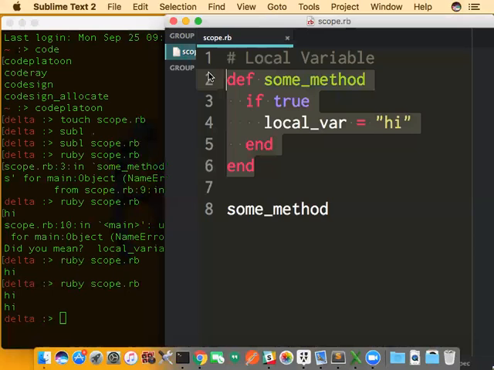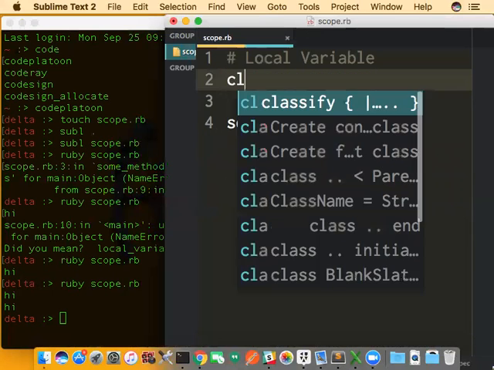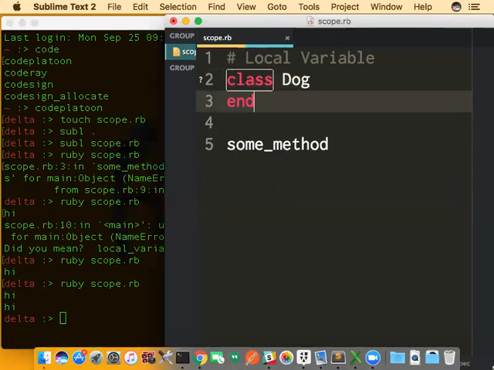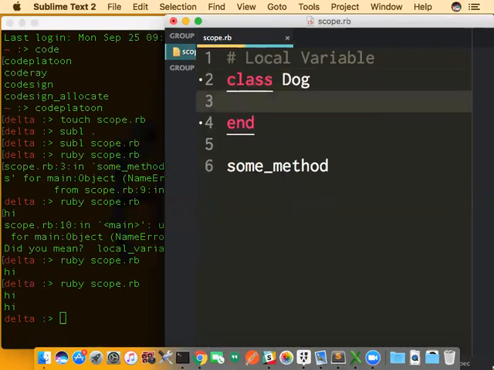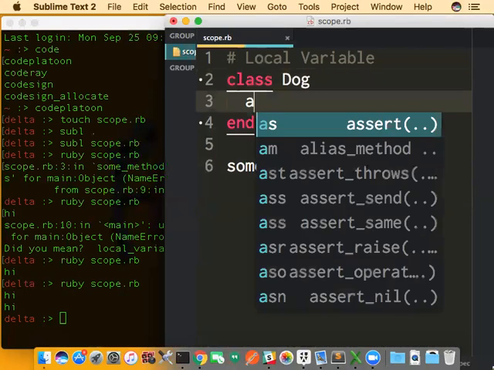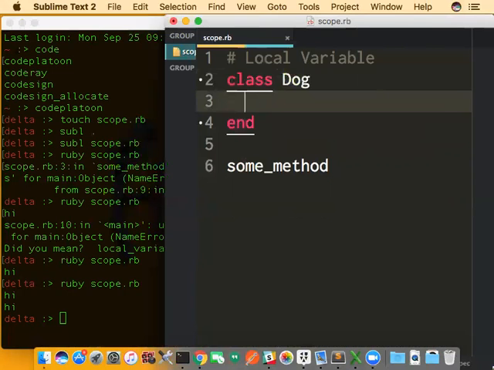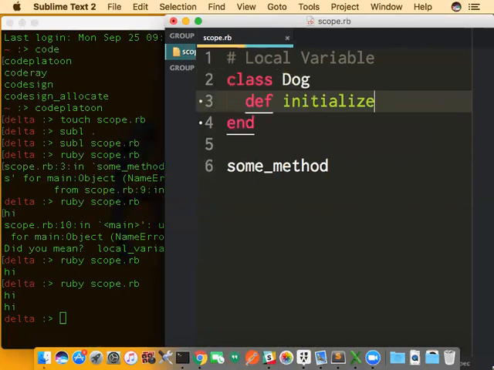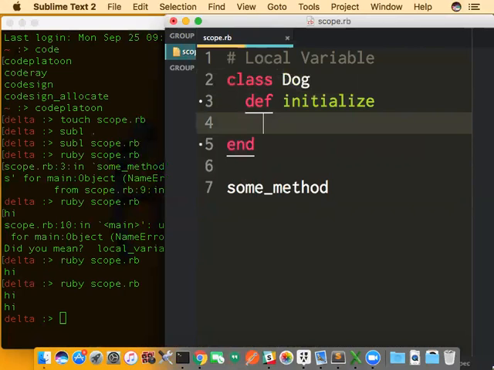Additionally, if we created a class, right? If we created class Dog and we had no attr_readers, but in our def initialize, we set up some information like name equals